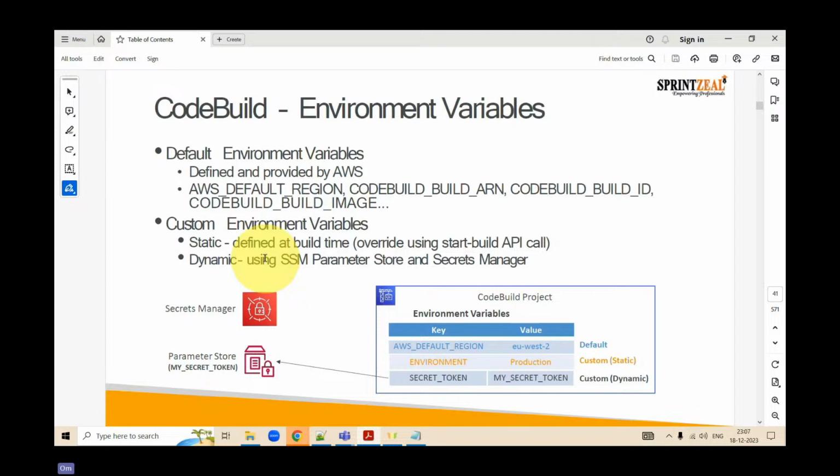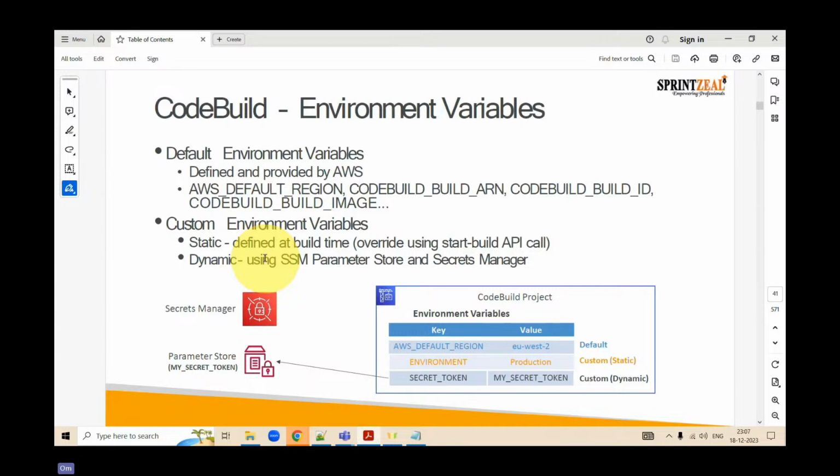When you talk about dynamic, these are nothing but your SSM parameters that are stored in your secrets manager. Secrets manager is nothing but a wallet that stores your secret. So if those variables are stored in a secret, then it won't change forever. Whatever value is stored in the secrets manager would be taken up on the fly, right?